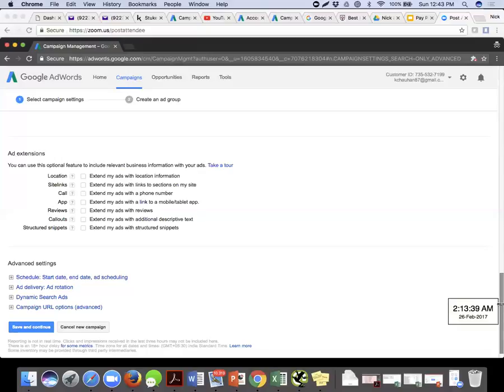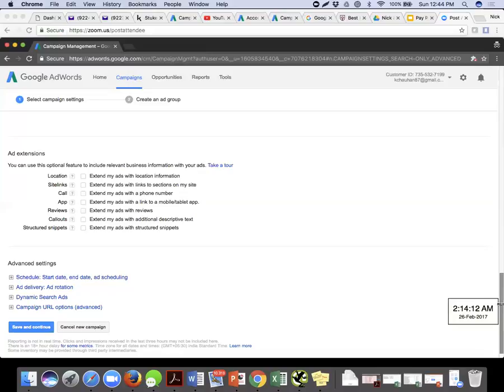So that is one. Call extension is one where we just click, and as a user, the moment I click on the call button, the phone call will automatically ring. So I do not have to get into the trouble of clicking on the ad, going to that Chinese restaurant's website, clicking on the contact us page, seeing the phone number, and then shuffling across to dial the number on the same phone. That kind of trouble is not there. This is an extra functionality. User friendliness is there, right?